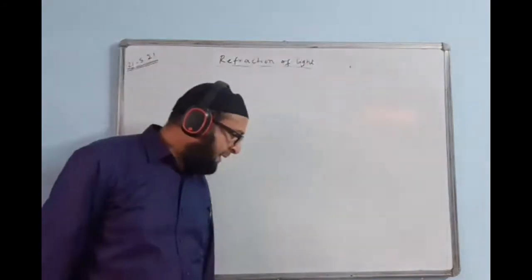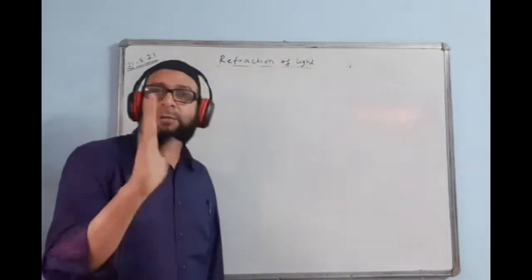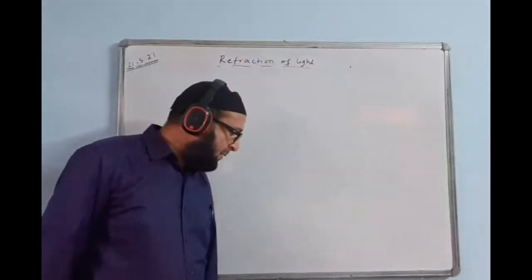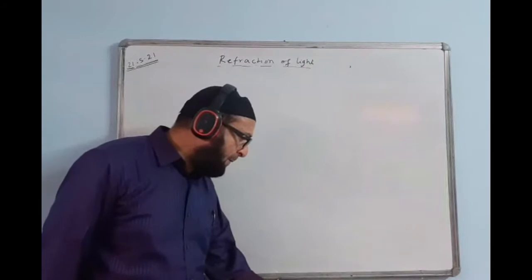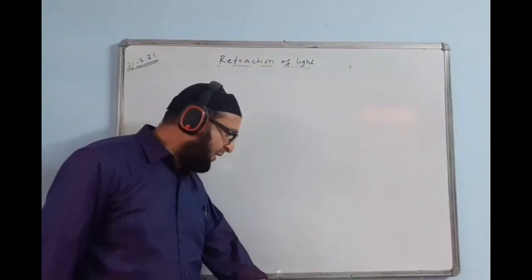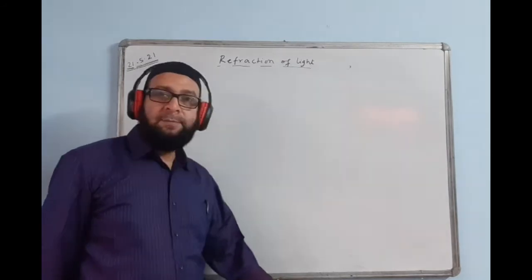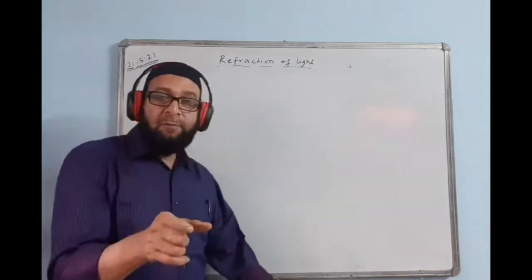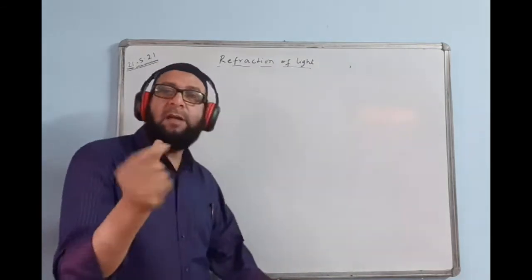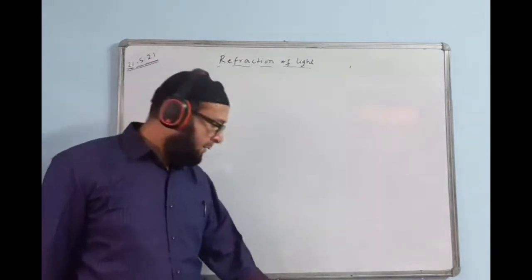A crack in a glass vessel often shines like a mirror. They shine like a polished surface, like a mirror, isn't it? Number two, an empty test tube placed in water in a beaker, outside the water surface, shines like a mirror when seen at certain angles. When you put an empty test tube in a beaker and see it from a particular angle, it will give a shiny effect. It will shine like a mirror.